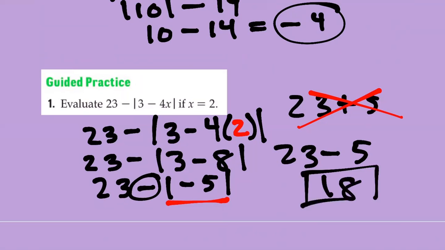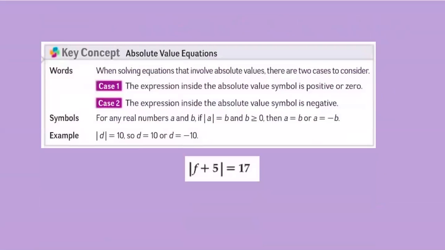So that gives you a very different answer, right? But you have to make sure you're following the process correctly. All right, and that's really the only way these problems will get you. Otherwise, it's just basic substitution. Okay, so now we are going to look at what do we do with equations. So I think the best way to explain this is just to kind of dive into it and show you